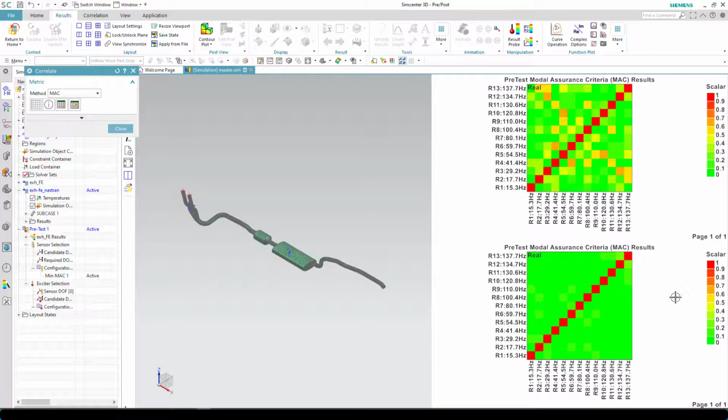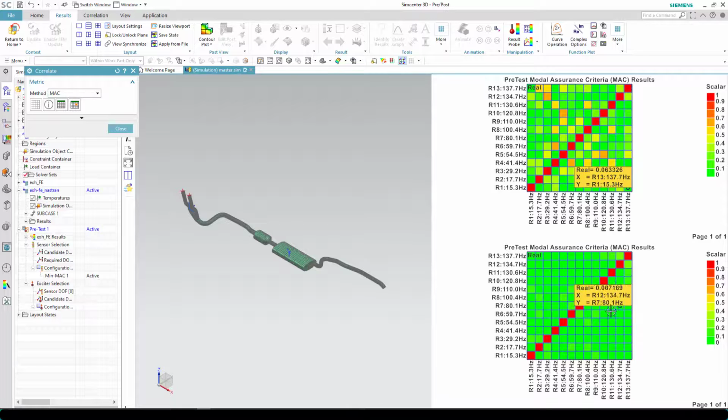Ooh, what do you think, Nick? That's looking quite a bit better, Pete. Yeah, looks like we're below 1%, 4%, very low on the off diagonals. That means we've nailed each mode shape very, very uniquely, right? And so we have enough points in order to identify all the modes uniquely on this simulation model. If we use the same points, the same nodes in the test to measure, we should be able to tell the modes apart because the mode shapes would be unique.